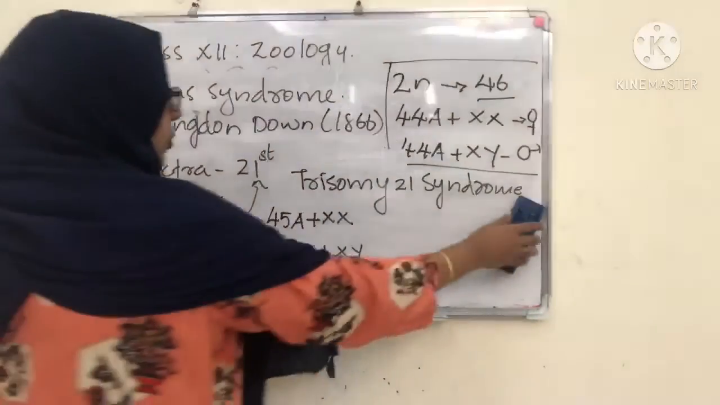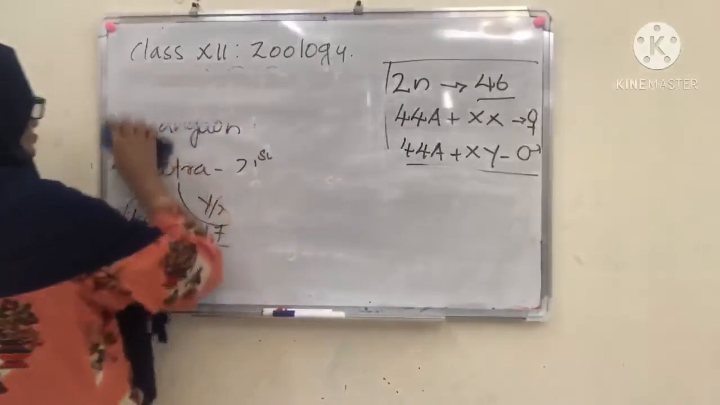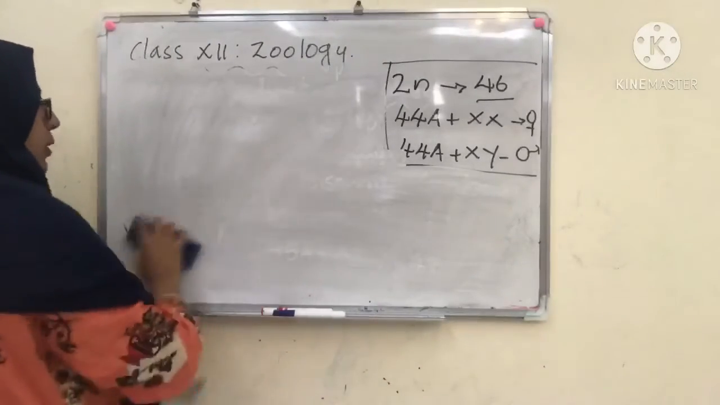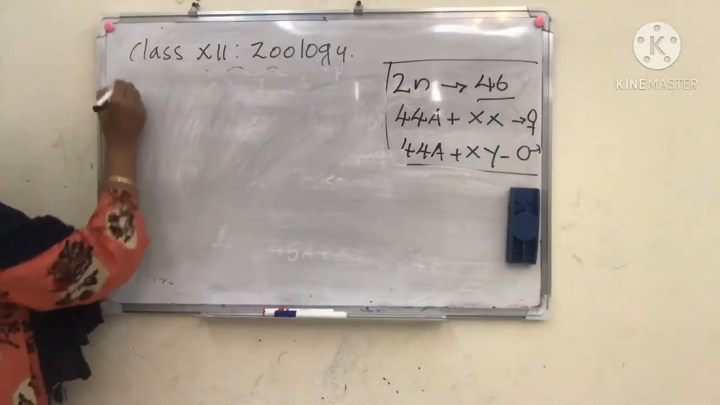Okay, so I hope you understood. It's not monosomy. I am repeating, it's trisomy due to the addition of a chromosome in the 21st chromosome. Okay, next we are going to see